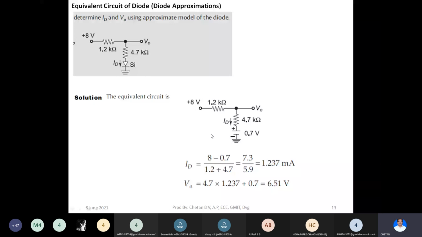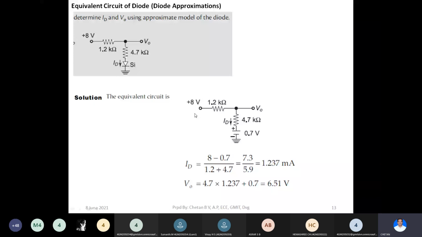Actually, starting with the KVL, first we have applied a KVL in this way. We have traversed this path. Here plus 8 means the positive terminal of the battery would be connected to this node. The negative terminal will come first, and the negative terminal is grounded. Grounded means the negative terminal of this battery is connected to the negative terminal of this battery, because ground means it is a common point. Hence, we have a closed path here.